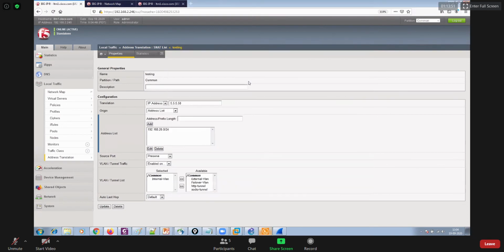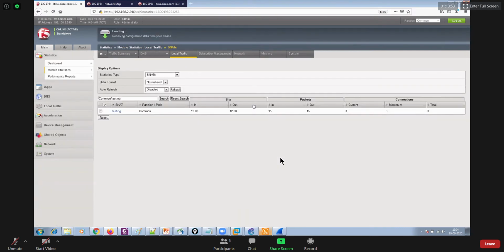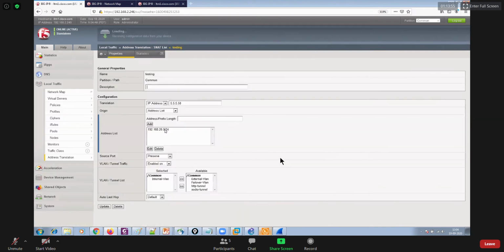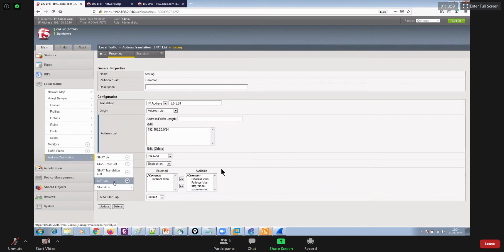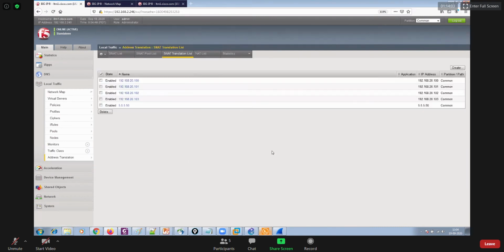You can see the address translation list stats right over here. You can go back and check the SNAT translation list in front of you. You can look at it, right? So you can see that 5.5.5.50 is being utilized over here.